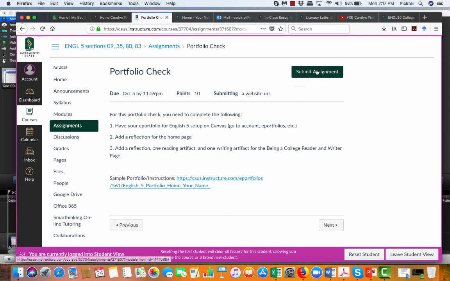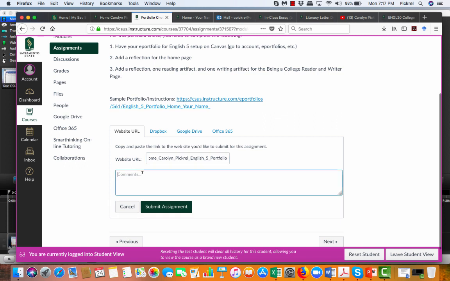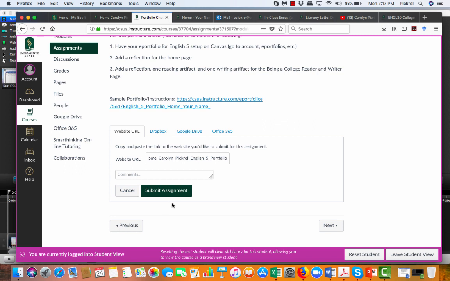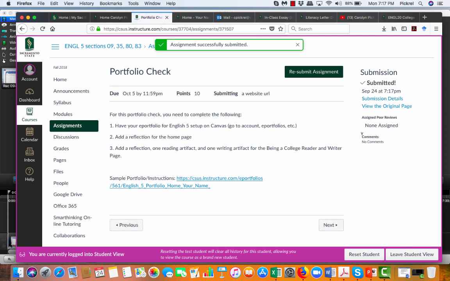Submit Assignment, you will paste that URL for your portfolio here. If you want to leave me some comments, you can, or you don't need to, and click Submit Assignment. And your link will have been turned in, and you've completed what I wanted you to do with building the